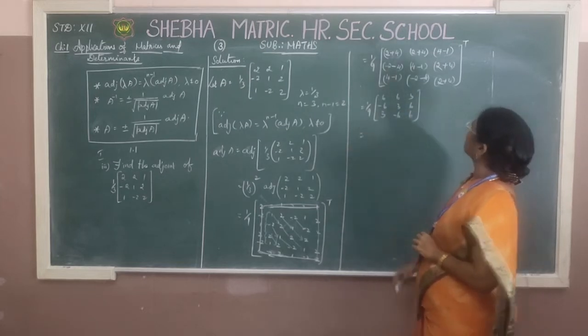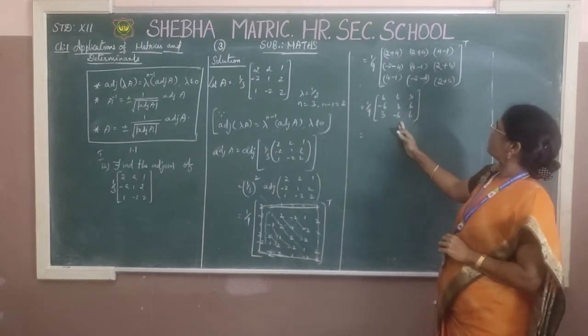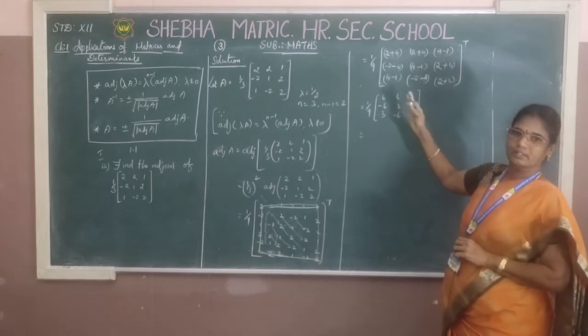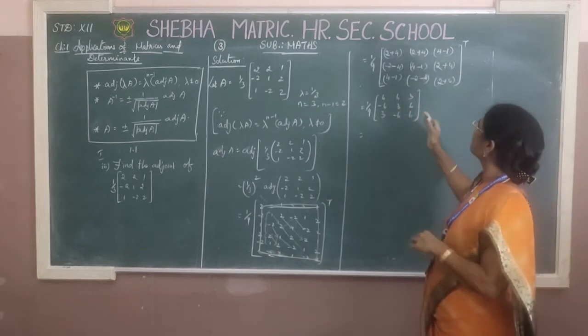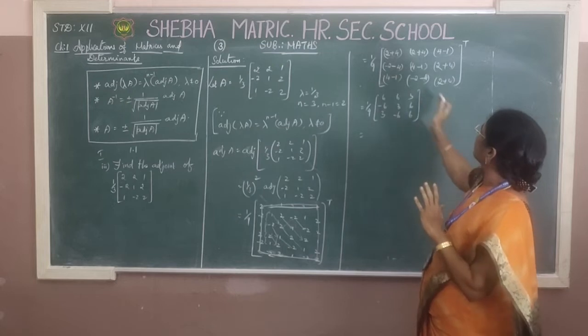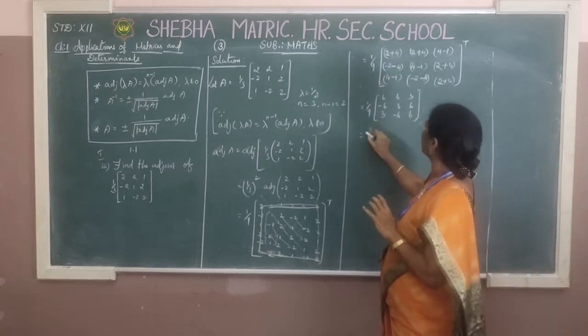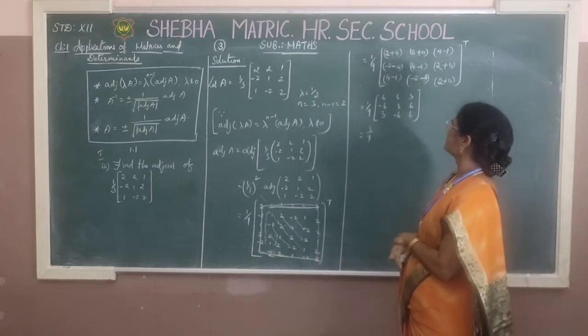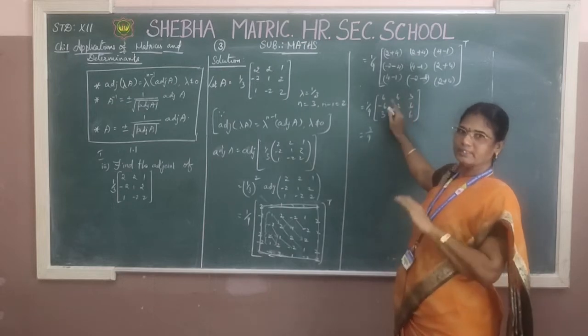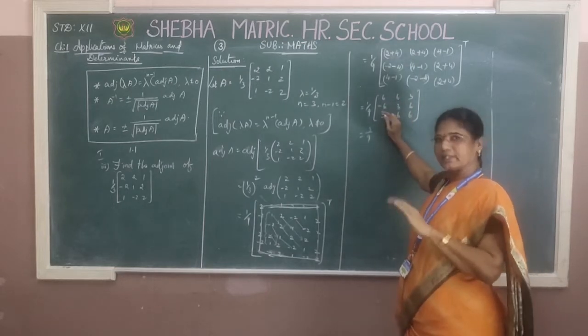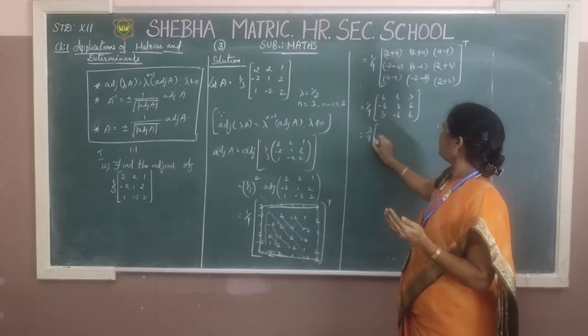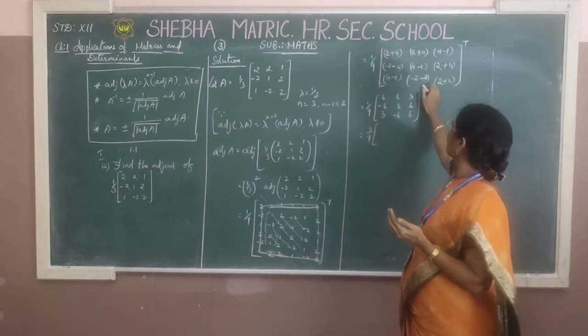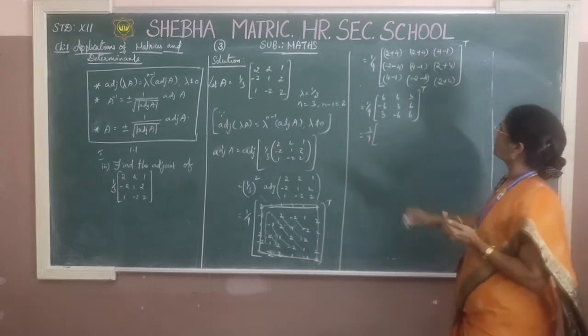Okay. So consider all the elements inside the matrix. All are multiples of 3. So we can take 3 in each element outside. What we get? 3 by 9. So each and every element is multiplied by 3, so we can take 3 as common. What we get? Sorry, this transpose. Okay.